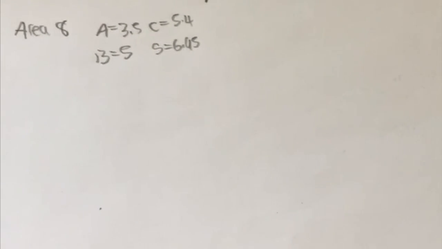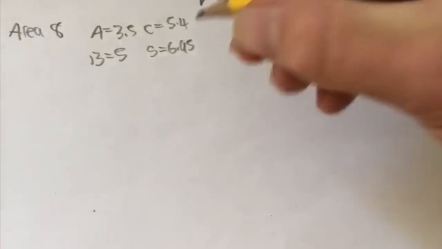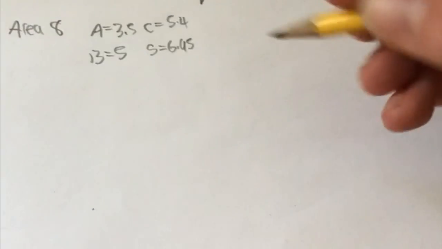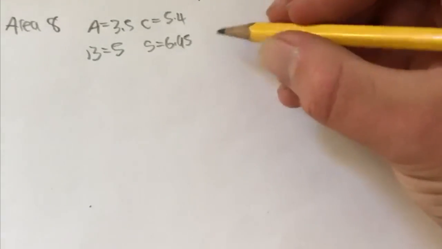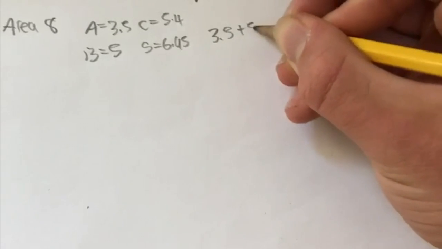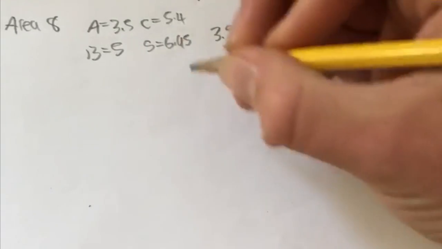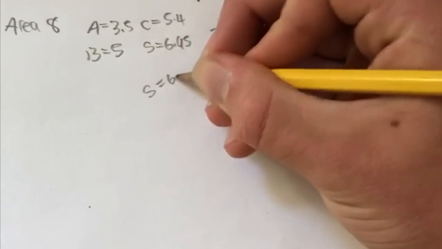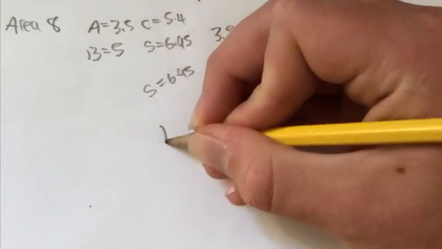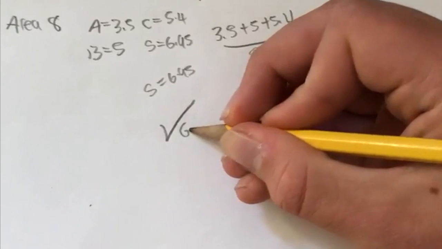Hey there, so this is to find the area for triangle number 7, or triangle area 8, triangle 7. So what we're gonna do here is again Heron's theorem. So to solve for the area, we're gonna do 3.5 plus 5 plus 5.4, all of that divided by 2. That's gonna be equal to S equals 6.95. Now we're gonna put that in the square root in order to solve for the area, right? So we're gonna do 6.95